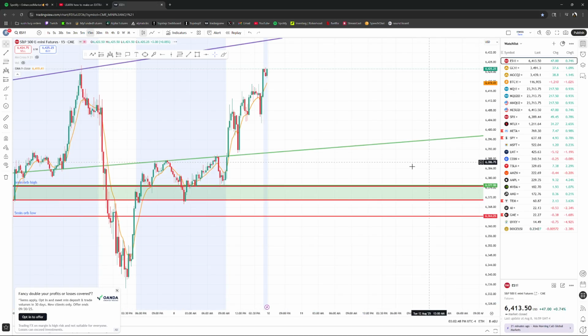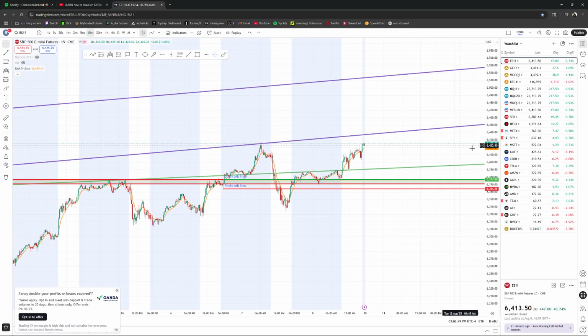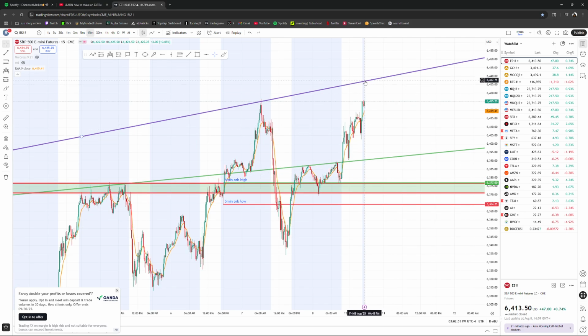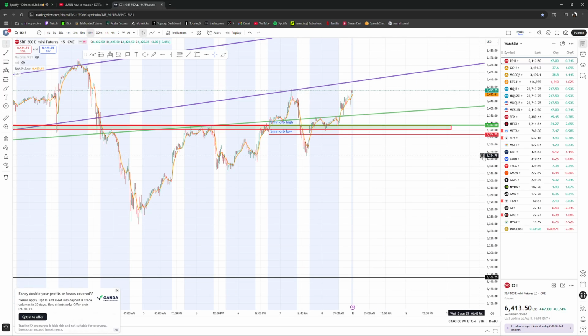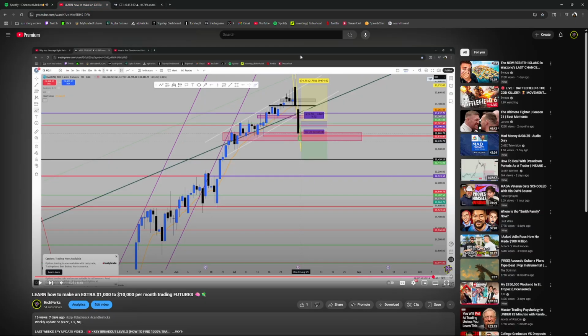And if we look at what the ES is doing, we have the same narrative happening. If you're targeting longs on the ES, I would be looking for a pivot at 64.40 and then continuation to 6,500. So these are my levels. If these levels do help,